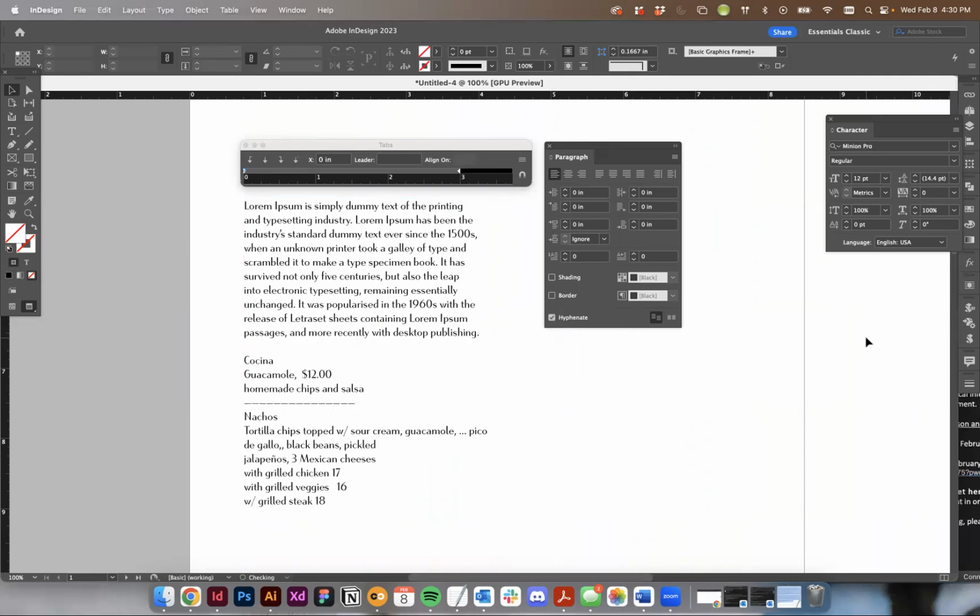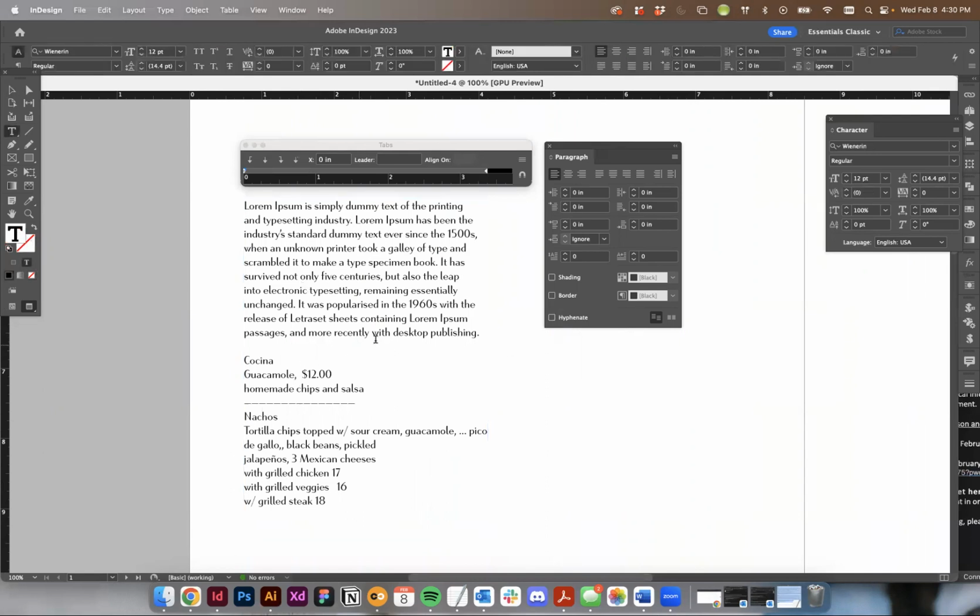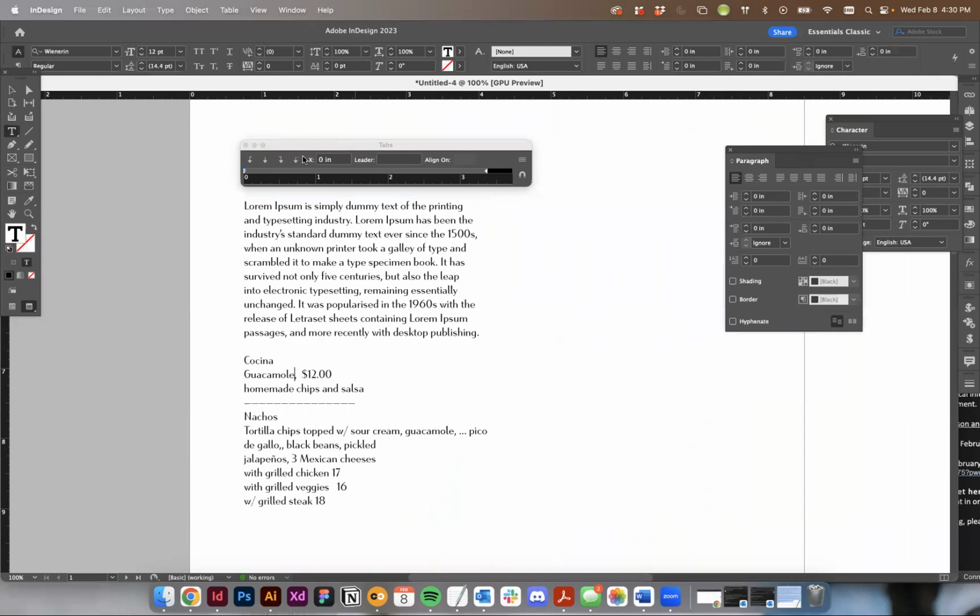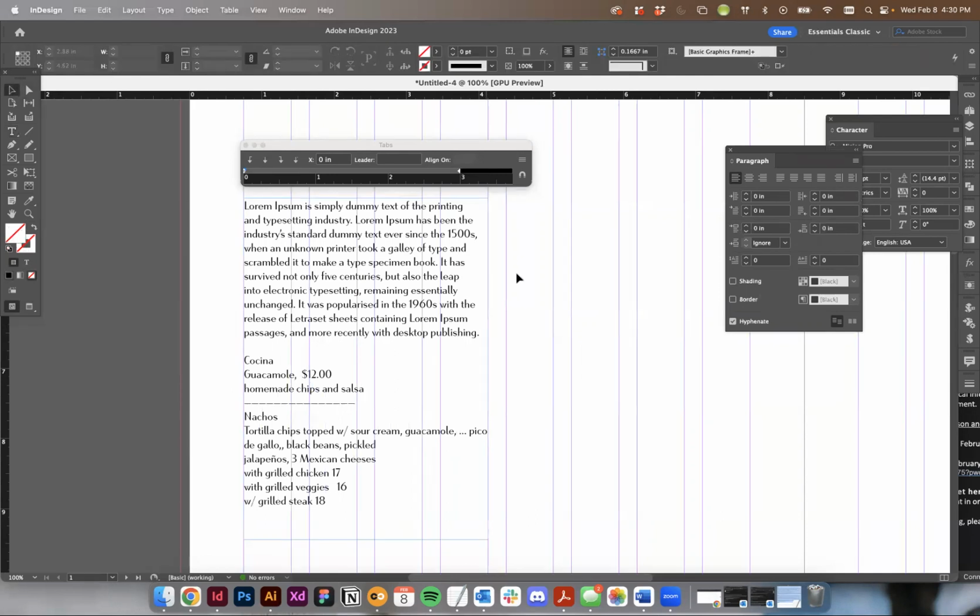Okay. So for the purpose of our project, we won't physically need bulleted copy, although you might. But what I do also want to show you within our tabs, this is just going to be working with our tab menu, is if we want to, say, for instance, let's pull up that grid. Say we want to have this